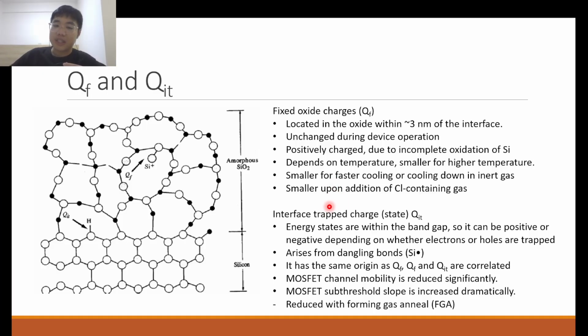So now I'll go through the second one, which is interface trap charges. Interface trap charges basically arise from dangling bonds. This is an example of a dangling bond that has been replaced with a hydrogen. But imagine the hydrogen wasn't there. So this silicon atom is only bonded to two or three other atoms, and so there's a dangling bond over here. You can think of the dangling bond as somewhat like a radical,